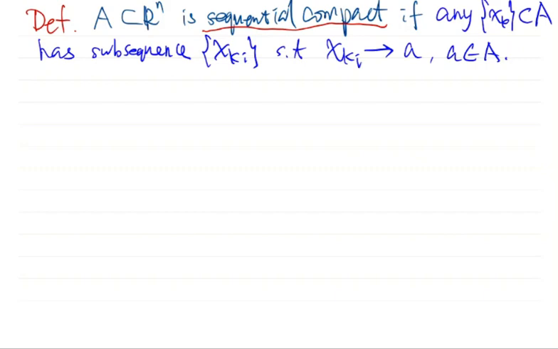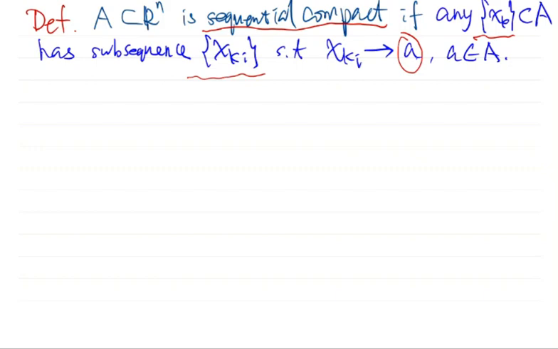I will remind you that this limit, small a, is not fixed. For different convergent subsequences xki, you might have a different limit small a. So this a is not the same one for every sequence. The a depends on the sequence xk, and even depends on the convergent subsequence you choose. I will remind you of this.